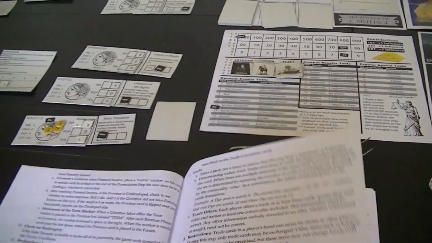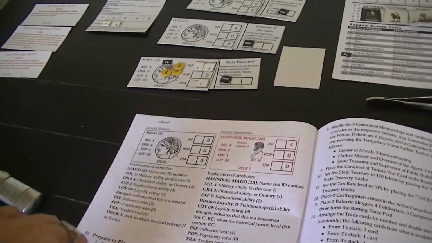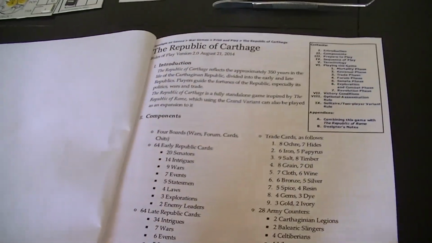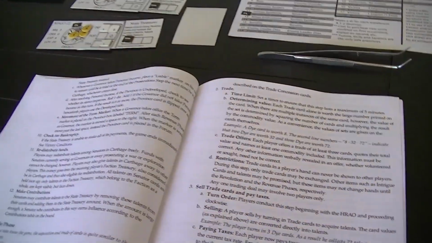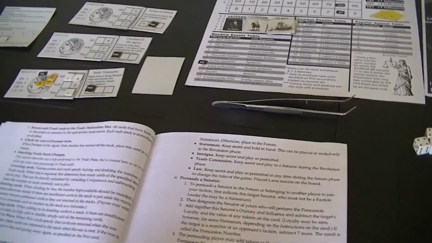So maybe this is an intrigue card when it... See, they talk about them differently here. Events, statesmen, laws, explorers, enemy leaders, intrigues. So I don't think it's supposed to be an intrigue card. And in the list of what you hand out to the players, the events are not included in there. So I screwed up with that. But the problem is,